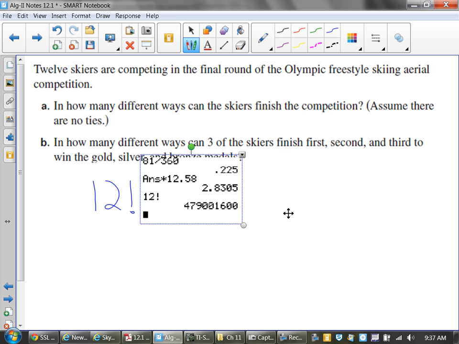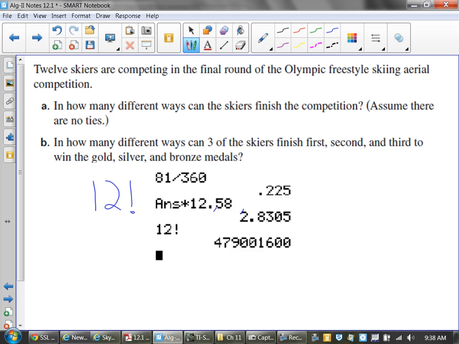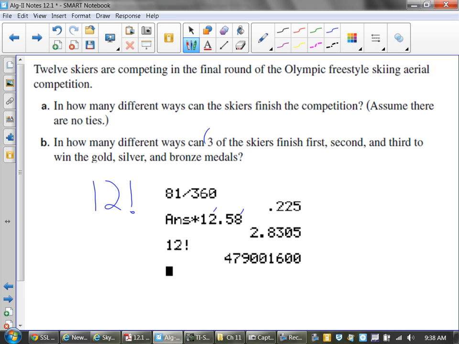So 12 factorial gives us 479 million possible ways that 12 people can finish. When you start to think about it, it's crazy. But now think about how many different ways only 3 of them can finish first, second, and